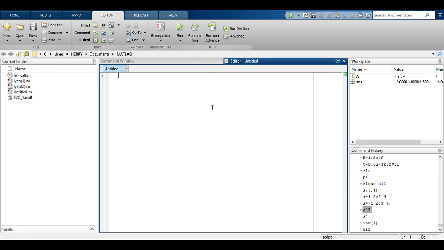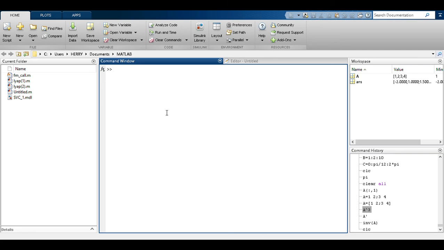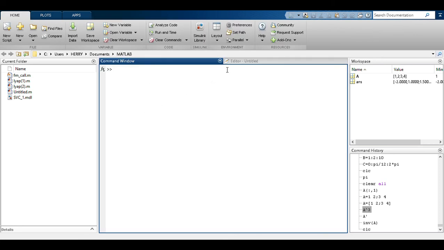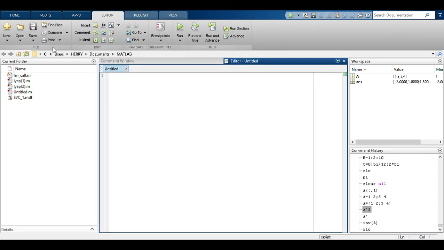Whatever your program is here, you have to run it and your answer will be shown in your command window. So this is your editor window where you can write your script, and this is your command window. In the editor window, the options will be different, but we're going to study each and every option: what is the command line, what is a breakpoint, how we can run the program, how we can save the program. All these things we will consider when we deal with the .m file.